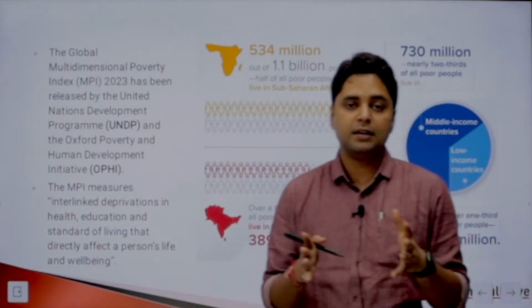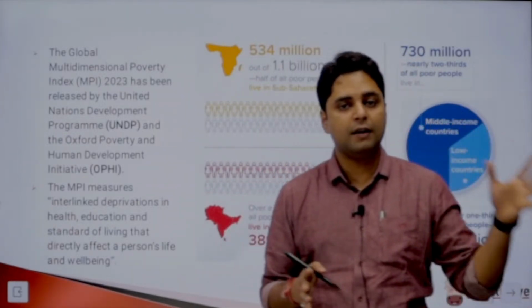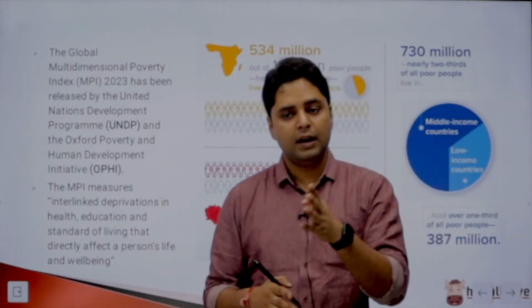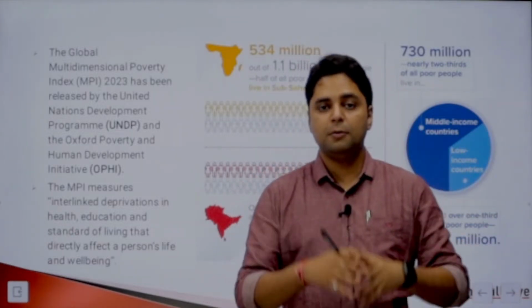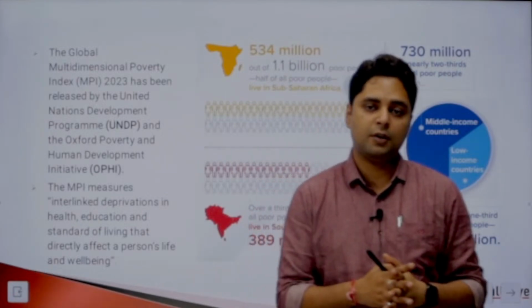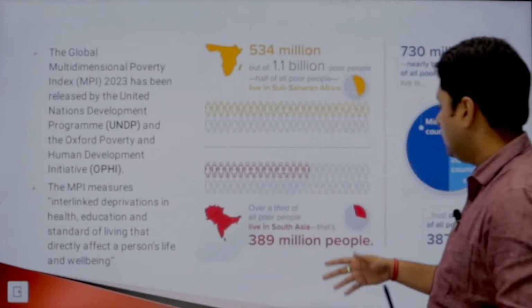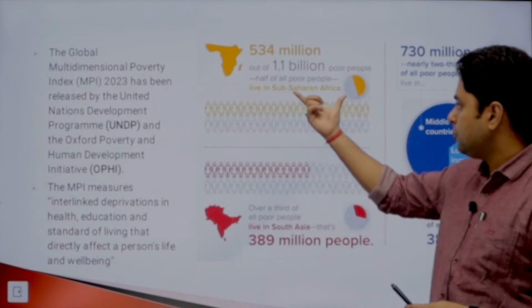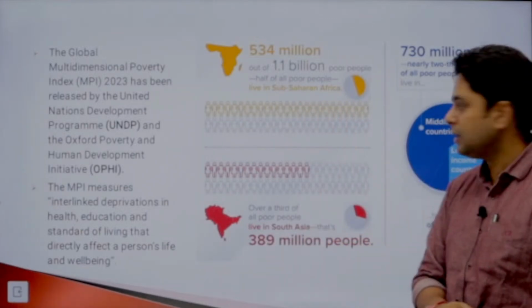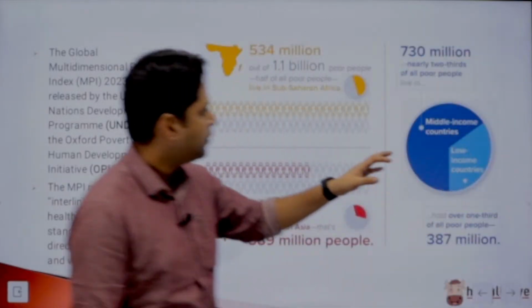So India has a good number of poor people. Then we have Pakistan, Afghanistan, and Bangladesh, Myanmar. These countries also have a lot of poor people. Right, so these are the two regions, sub-Saharan Africa and South Asia. And after that we have